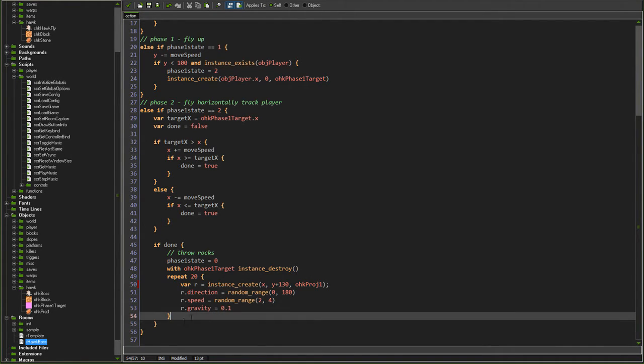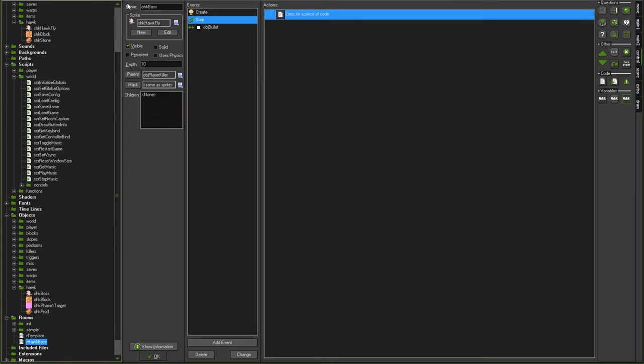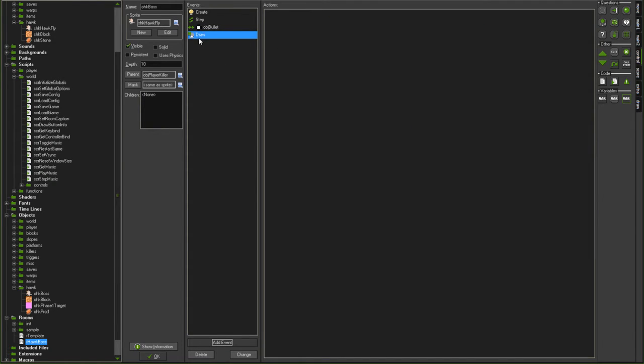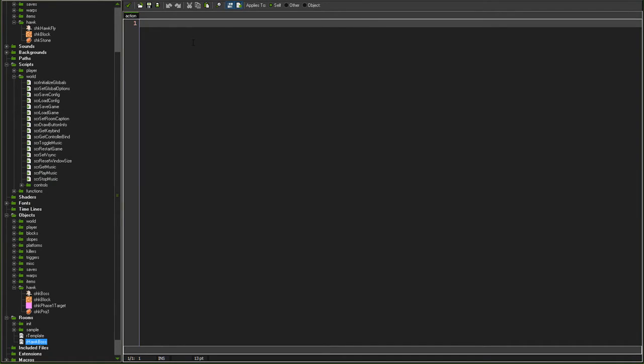Now what I want to do is draw the rocks in his claws when he picks them up. So I'm going to add the draw event. Usually you don't need the draw event, since it's technically only for production value. Obviously we don't need the rocks, this is purely a visual thing, but I think it'll make the whole thing come together. So we're going to type in draw_self, and